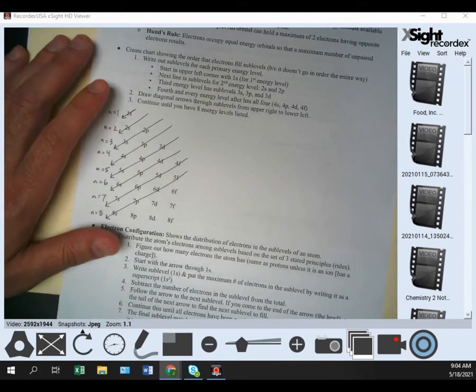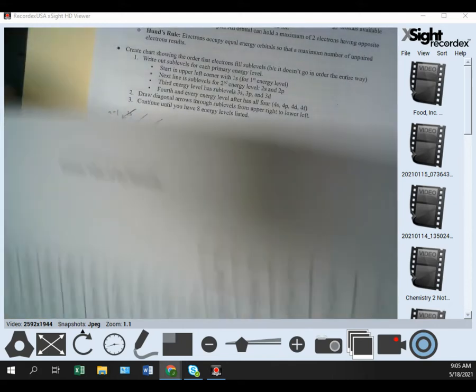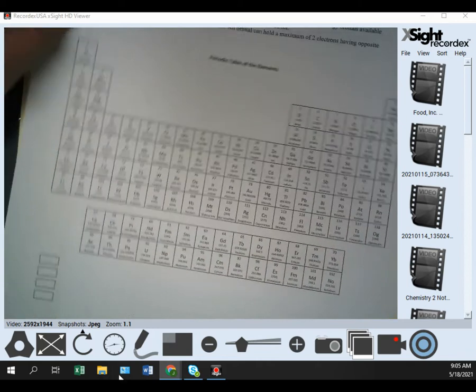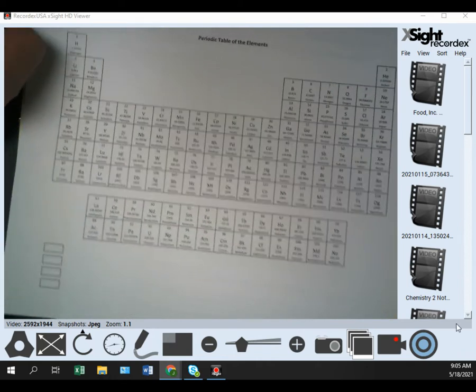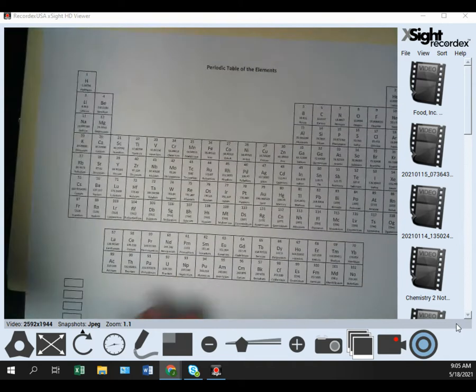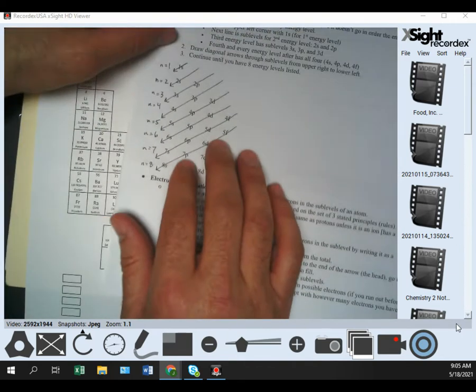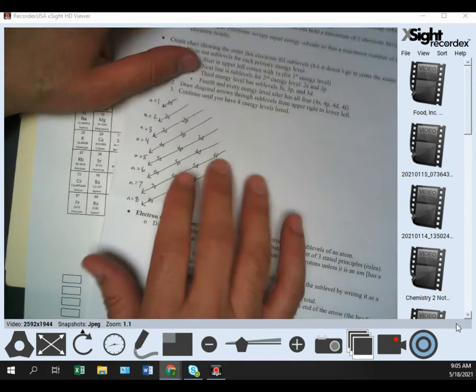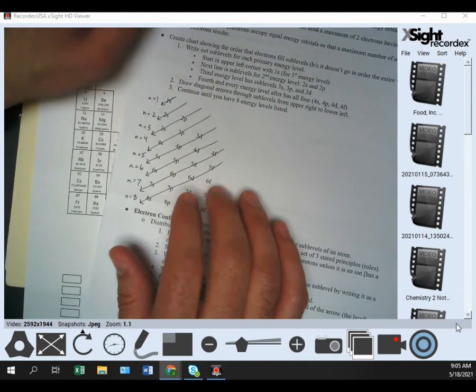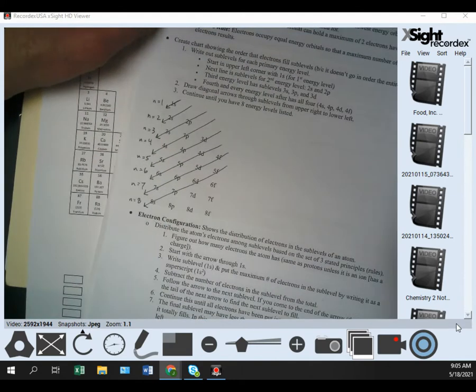Okay, so we have the periodic table that I hand you guys out, and you're going to have out the electron configuration orbital diagram notes, the little tool for this, right? And you've got four different colors,